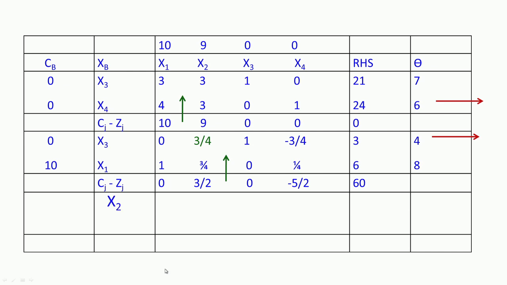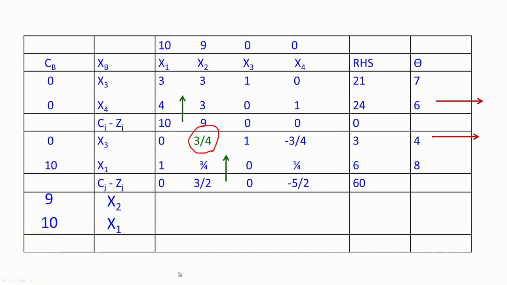So we now write this, x2 has replaced x3, so the basic variables are x2 and x1. Now when the basic variables are x2 and x1, the values of the objective function coefficients are 9 and 10 respectively. Now this is the pivot row, and this is your pivot element. So like we did last time, divide everything by the pivot element. So we get